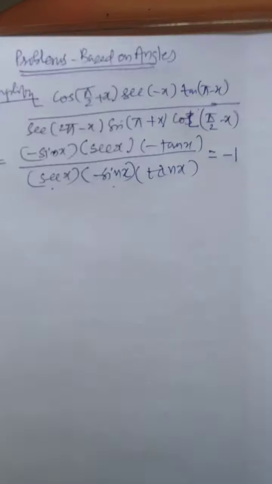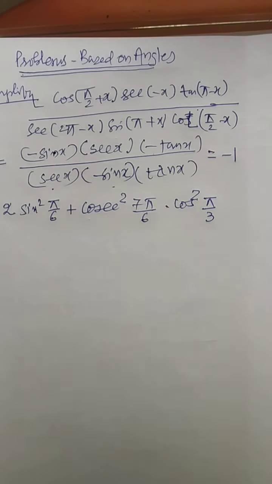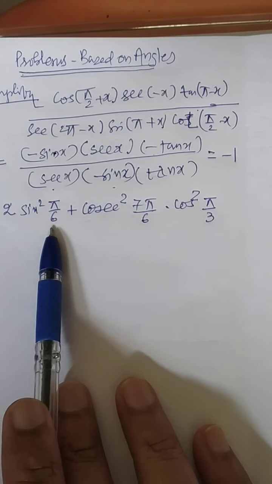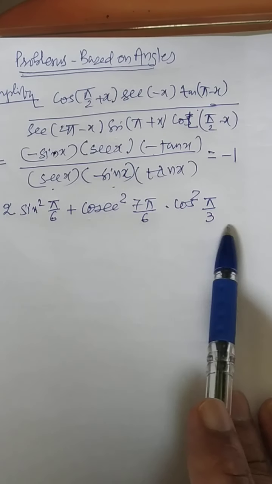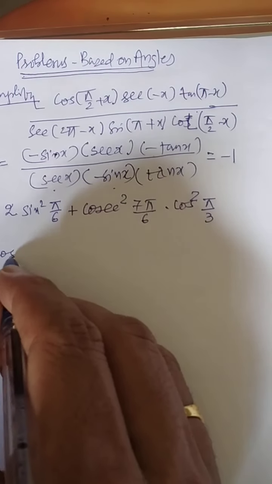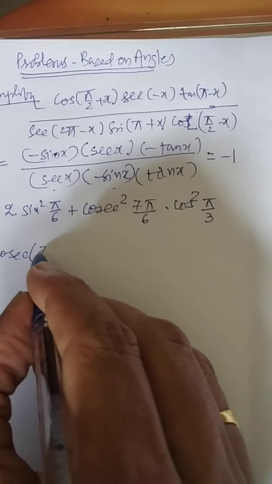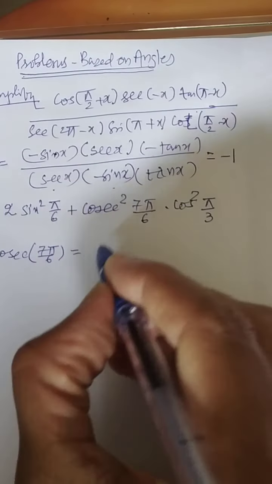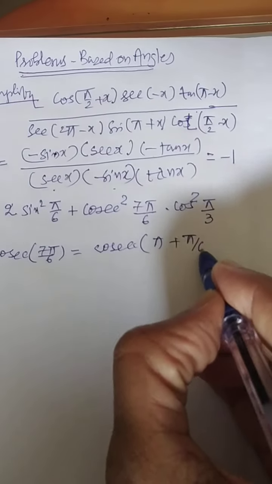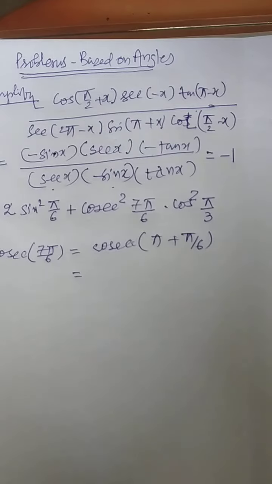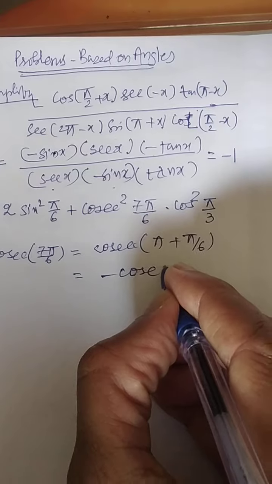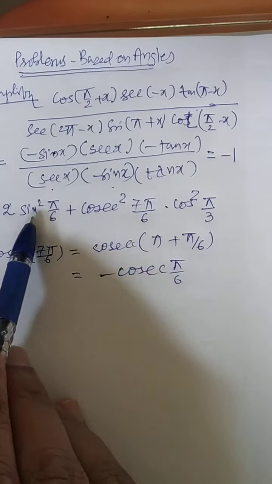So this is the first type of sums where what we have learned can be used. Second problem, if you get this type of question where the angle is pi by 6, pi by 3, these are known ones. Pi by 6 is nothing but 30, pi by 3 is nothing but 60. This value you can place. Now the unknown part you can simplify further. It will be cosec of, I will be leaving the square as it is, 7 pi by 6 can be written as cosec, pi plus pi by 6. Now which result should you know? Cosec of pi plus theta. So it will be minus cosec pi by 6.